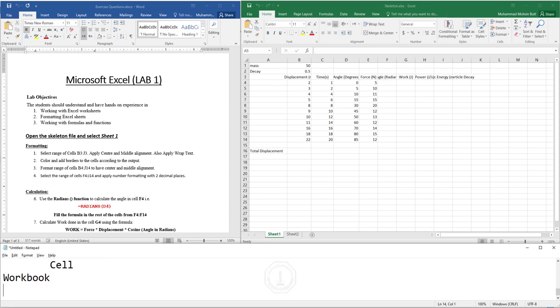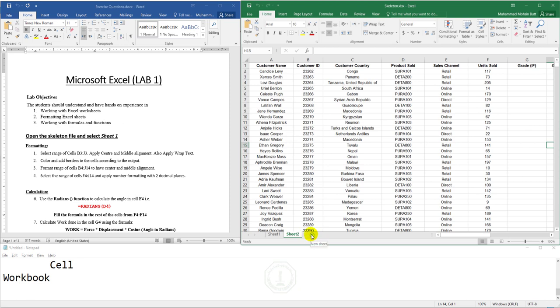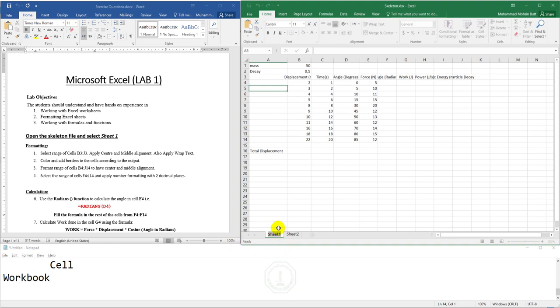So what's a workbook? A workbook is basically a collection of one or more worksheets, which you can see at the bottom of the Excel window. We have sheet 1 here right now, we have sheet 2, and we can add more sheets. We can change the name of a worksheet by double clicking. So once again, this is our workbook. Inside this workbook right now we have 2 worksheets, and right now we are in sheet number 1. Inside the worksheet we have rows, we have columns, and the intersection of a row and a column is called